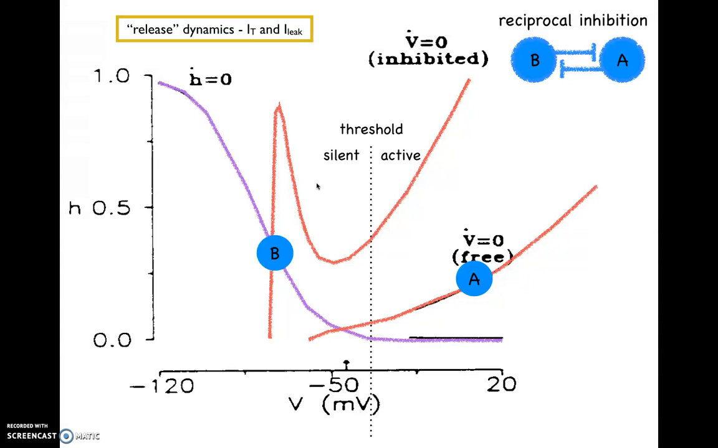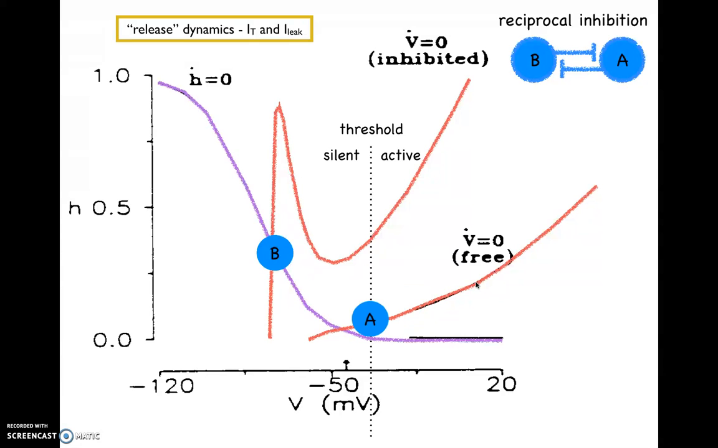Now this configuration, as an initial condition, is valid because neuron A is active and neuron B is on the inhibited voltage nullcline. Conversely, neuron B is silent, so neuron A is on the free voltage nullcline. It's a reasonable initial condition, and what's going to happen next in this situation is that A will simply drift down its nullcline